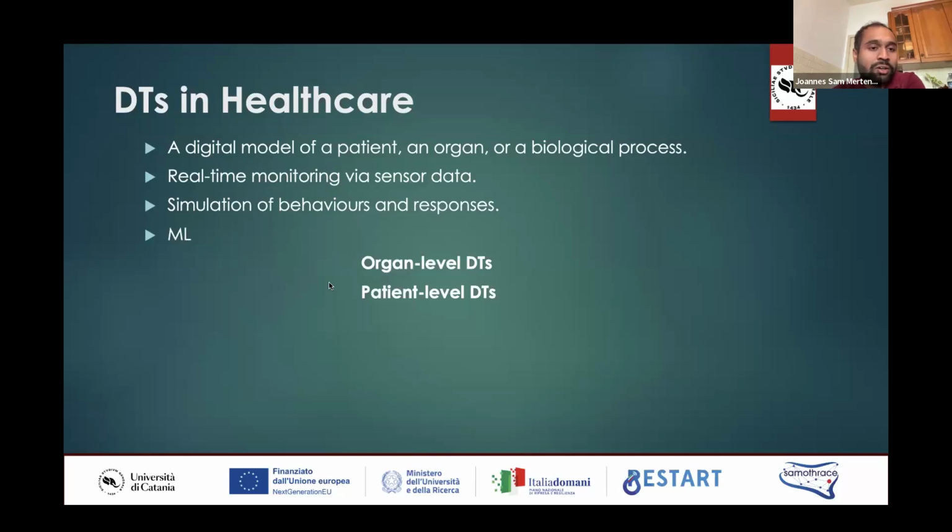And what if you can see your own heart beating while you're running or doing an exercise? This actually provides the immersive perspective, and this is something very, very important for doctors and physicians. So you can do real-time monitoring when you feed this sensor data, and you can also do simulation of behaviors